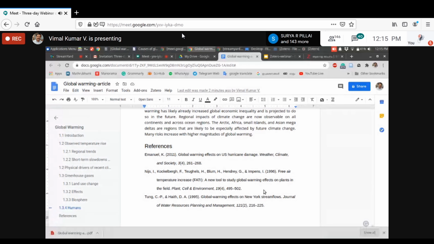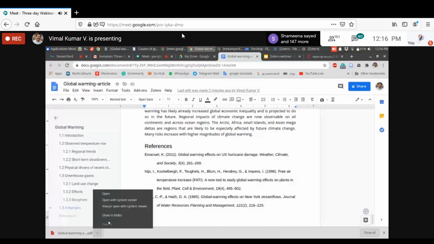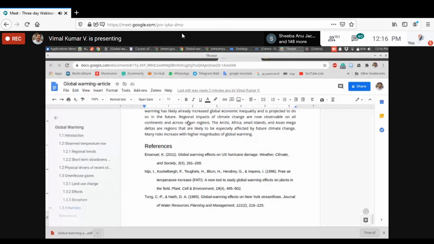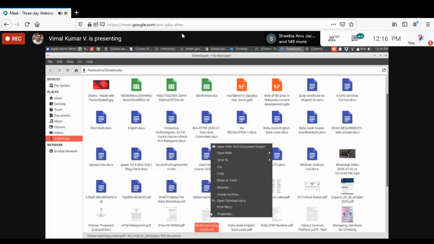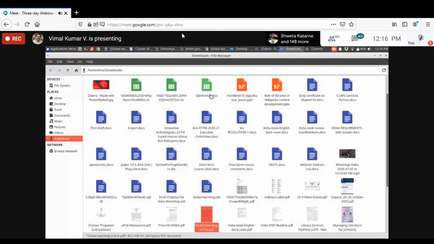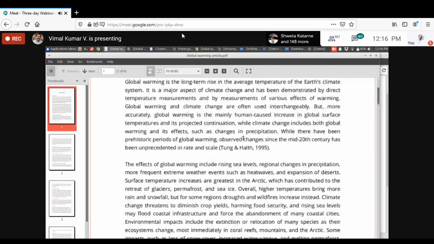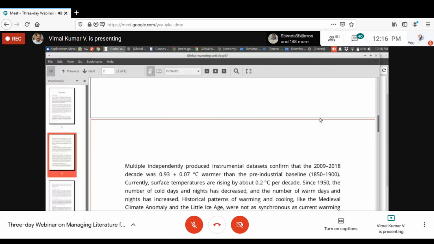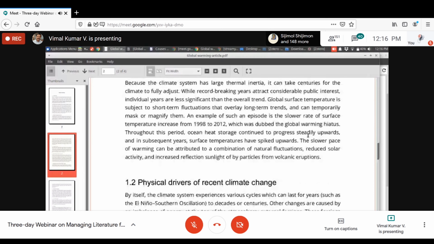Anyway, I intend to say that Zotero is suitable for both a traditional word processor and a word processor in cloud storage like Google Docs. See, this is the PDF file exported from Google Drive.